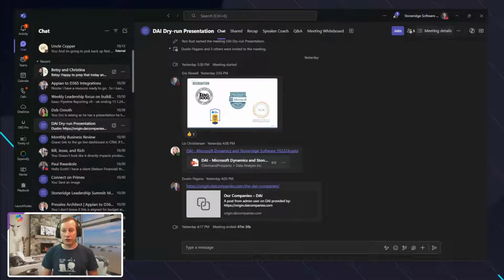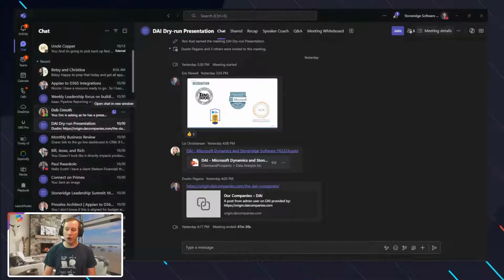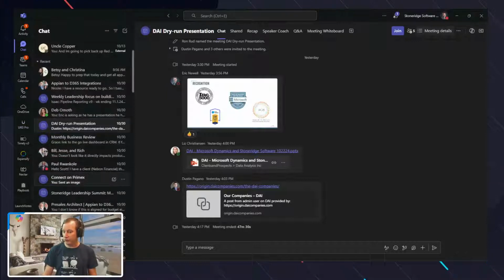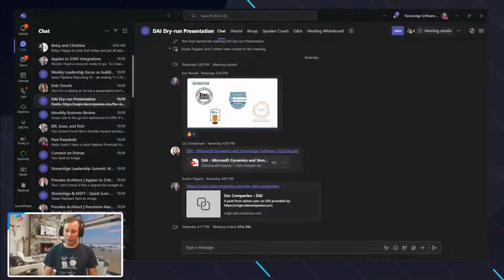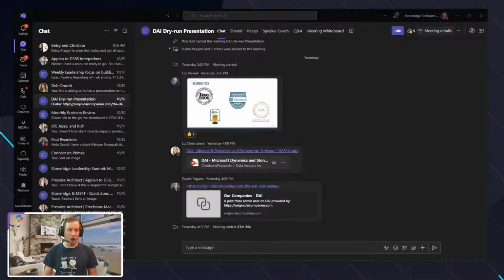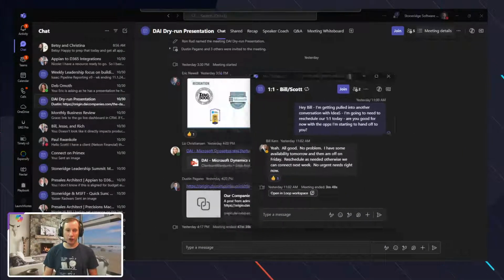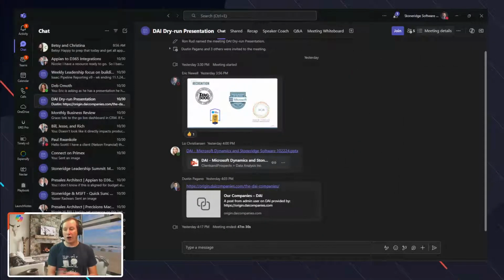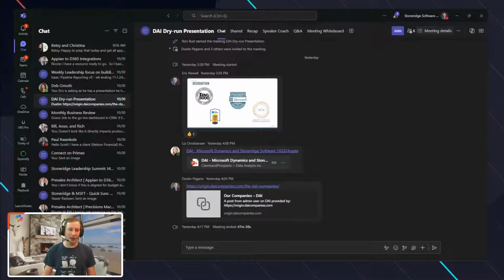And one of the nice features I'd like to identify is that if you want to take chats and open them in a new window, we have the ability to take that chat and display it very quickly and easily. So from some of these other chats, if I pick a one-on-one, I can pop that out, and then all of my one-on-one conversations with Bill, for example, are in a separate window that I can move around, that I can stack, and do other things with. The reason I highlight that is that being able to pop out chats was a feature you didn't have in the past, which is a really nice feature now, right? So that's a really key component as well.